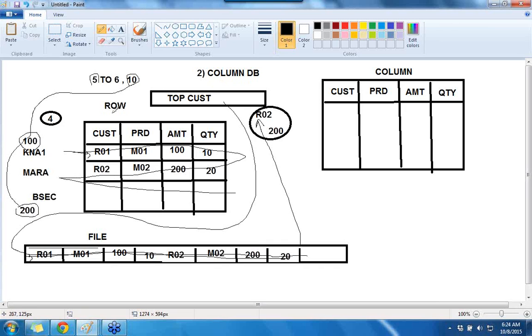So the major disadvantage of storing data in rows is that it has to scan the entire table for any question. Now for inserts it is easier. Now when you try to insert a